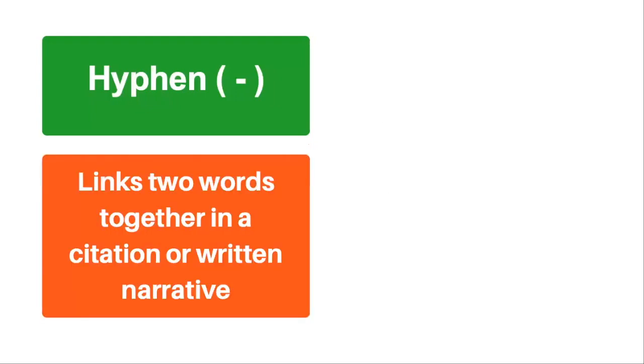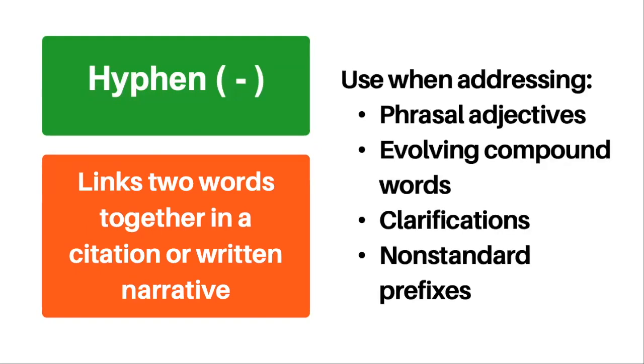When are hyphens needed? A hyphen links 2 words together in a citation or written narrative. Use a hyphen when addressing phrasal adjectives, evolving compound words, clarifications, and non-standard prefixes. Notice that hyphens are associated more with written word and not as much with numbers. So these are not common situations in citations, so I will cover these in detail in a later video about writing and grammar. But let's move on to dashes, which are very similar,